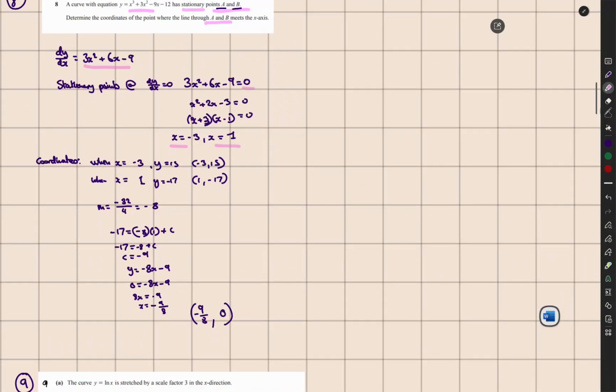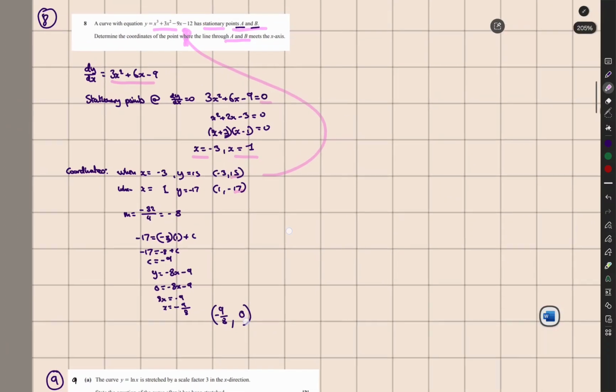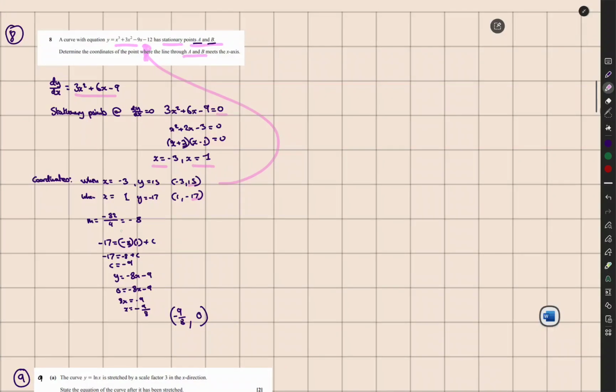And you can find the actual coordinates by putting the original x values into your original function and getting out your two y values. So you now know the full coordinates of those stationary points. And then you can go a bit further by saying, okay, I know the two points. Therefore, given those two points, I can work out the gradient between them by doing the change in y, which is this, and the change in your x values, which is this, which gives you